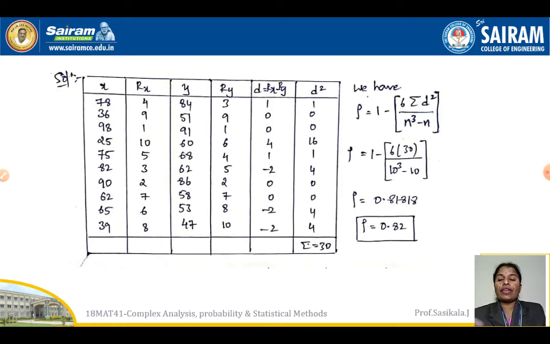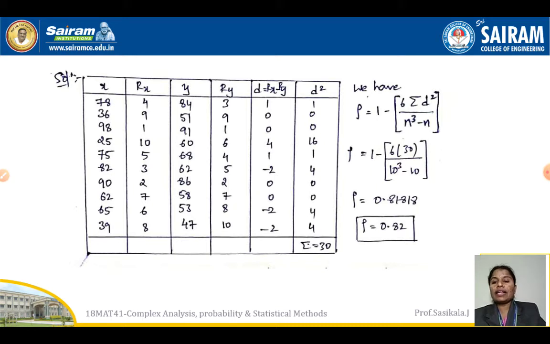So the first thing we need to do is find rank 1 and rank 2, that is, the rank of x and the rank of y. So how will we find it? We should give the rank. Usually, how do we give a rank? In the class, the first rank is given to the student who has the highest marks out of 100. Then we go from the highest to the lowest marks, and we can give ranks from 1 to 10, right? Here, because there are only 10 students, there will be only 10 ranks.